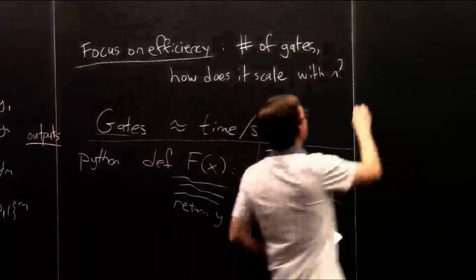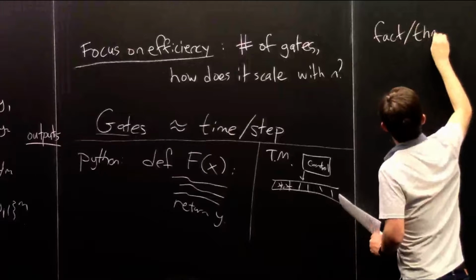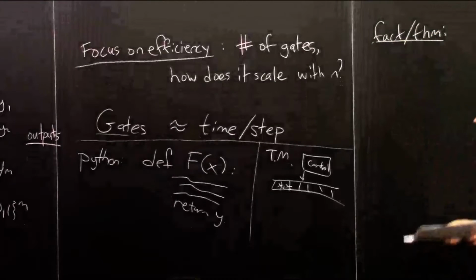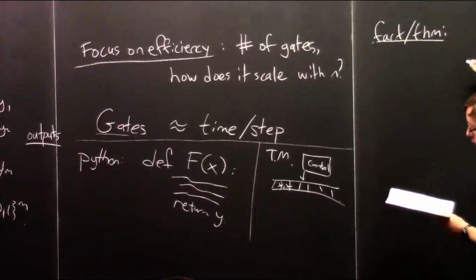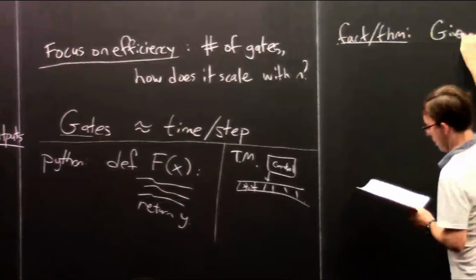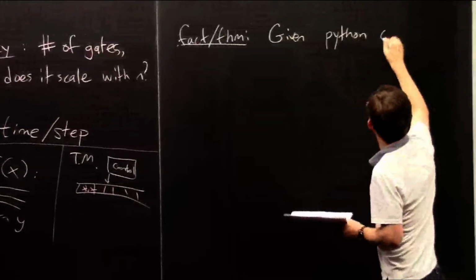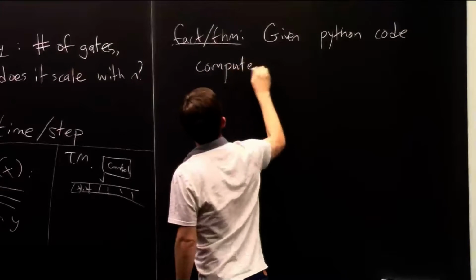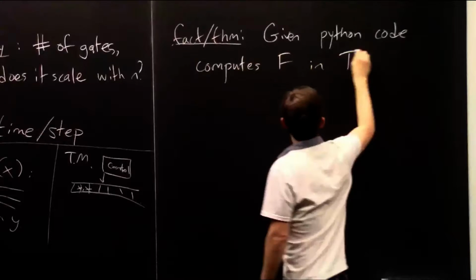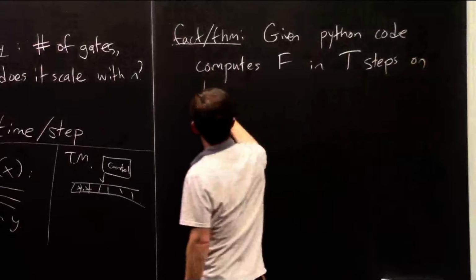So let me just state one fact along these lines. All of this is to justify to you why it's okay to focus on this circuit model of computing. So this is a theorem that you can prove. Given some Python code, or it could be any programming language, that computes a function f in some t time steps on length n inputs,